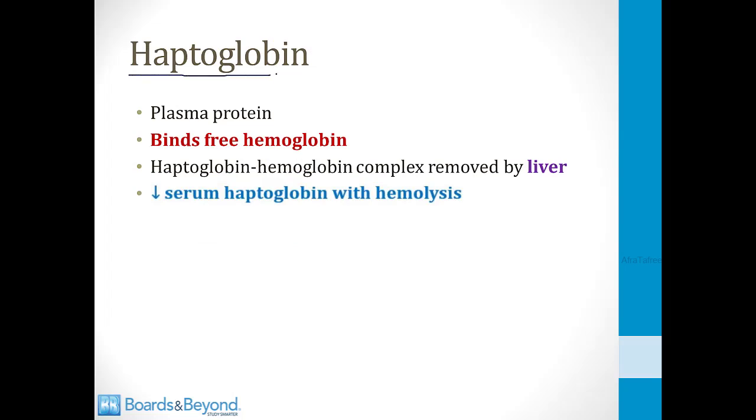Now let's talk about haptoglobin, which is a plasma protein, and you can measure the level of haptoglobin in the serum, and it's useful in the workup and diagnosis of certain hemolytic anemias. Haptoglobin's job is to bind free hemoglobin, and then the haptoglobin-hemoglobin complex will be removed by the liver. So the level of free serum haptoglobin will fall when there's hemolysis and haptoglobin starts binding up all that free